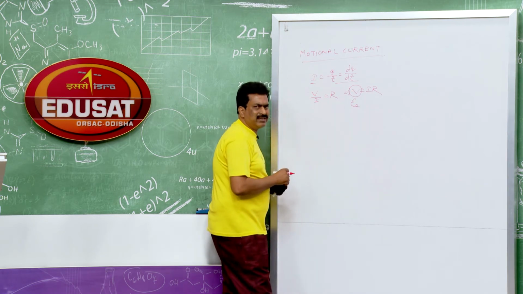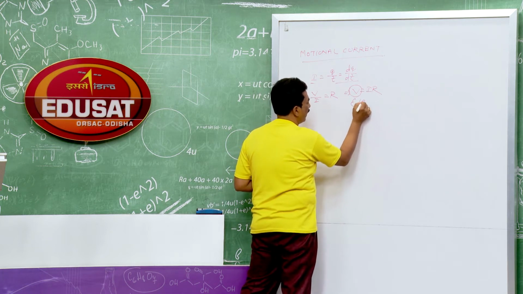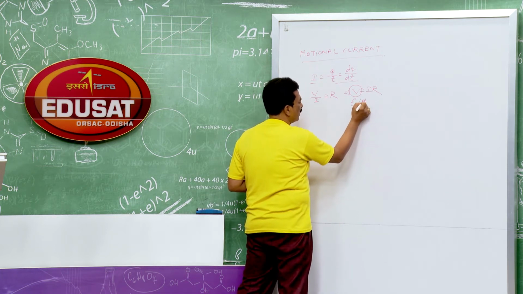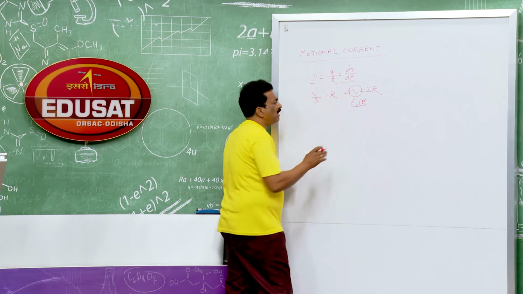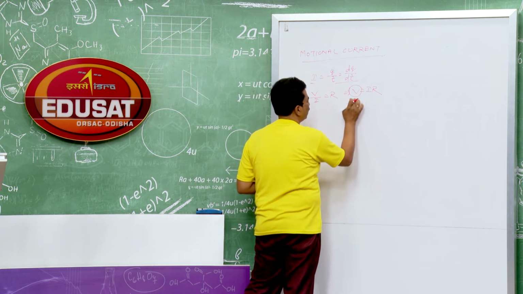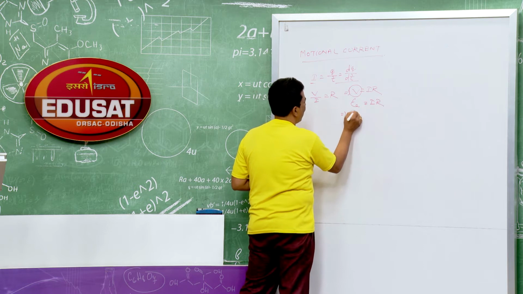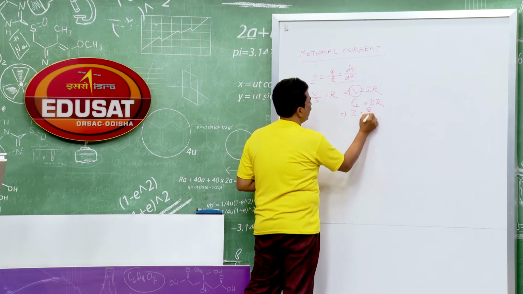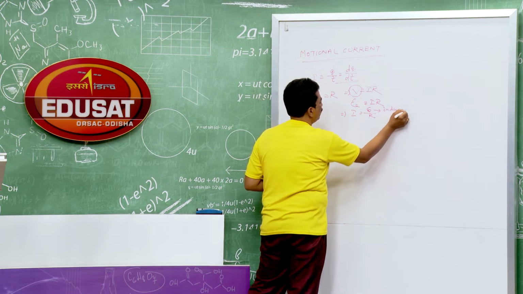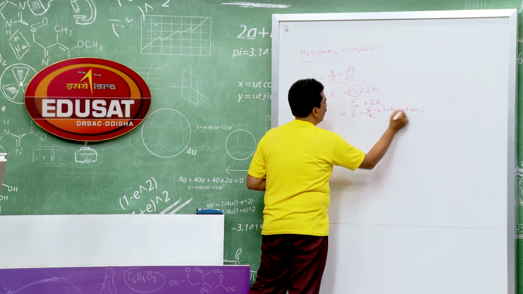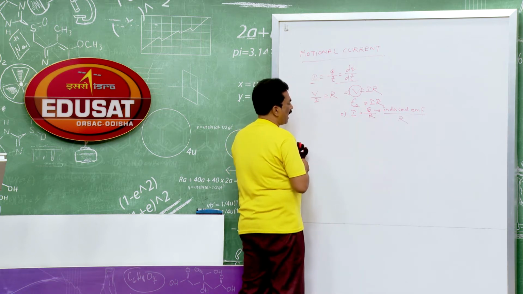Suppose you write the symbol epsilon for induced EMF, or in books you will also find it as E. Suppose E is there and the charge of the electron is also e. So, there is a dilemma. Therefore, if you take epsilon, then epsilon equals IR, which means I equals epsilon by R, that is, the induced EMF by R. And if you call this current the